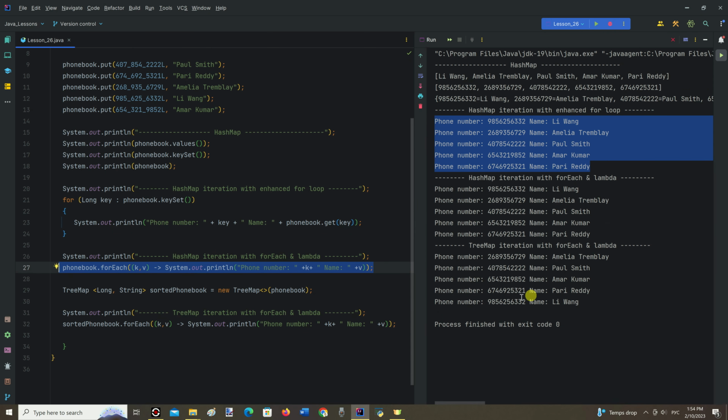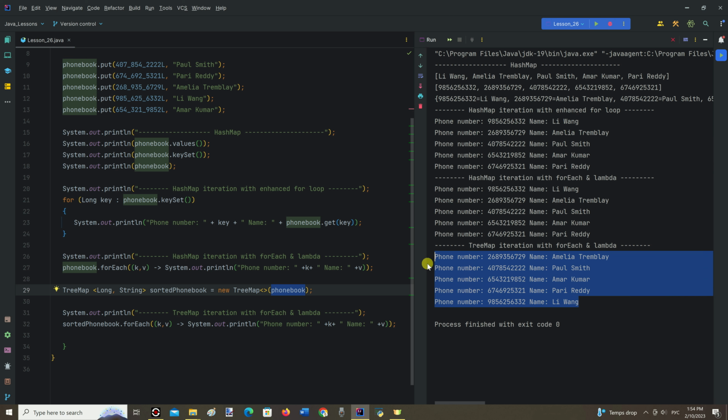And if hash map needs to be sorted, the easiest way is to put it inside the constructor of a tree map. After that, by iterating this tree map, we can see that this tree map sorted all keys it contains in ascending order. And we can see the result of it right here, as tree map is intended to do.